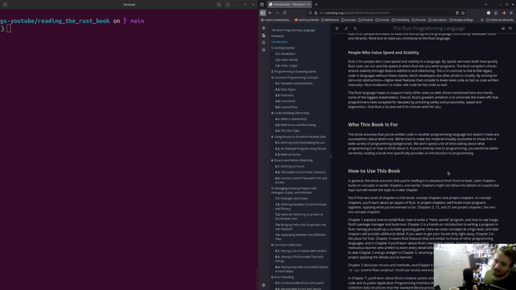Maybe we'll talk another occasion on why I think it's time to bite the bullet of why Rust. But for now, we're just going to keep on with this topic of exploring who this is for, really, overall. Great. So by speed, we mean both how quickly Rust code can run and the speed at which Rust